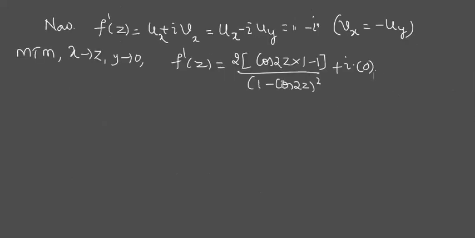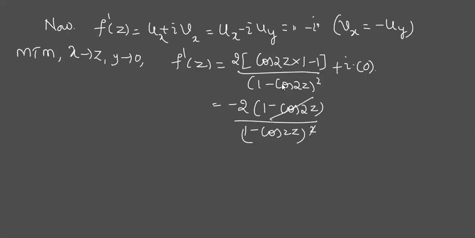Here we have to simplify. Tell me, can we simplify this further? Are they not looking like similar terms? Only one thing is this is a minus b, this is b minus a. How can I make it the same? a minus b whole square is b minus a whole square. I'll take minus out from this bracket. So what will we get? 1 minus cos 2z divided by 1 minus cos 2z the whole square, same. Isn't it? One of the brackets can be cancelled. Okay, done.